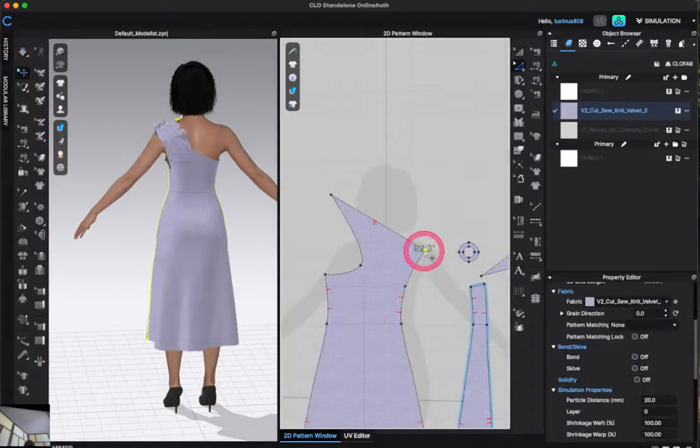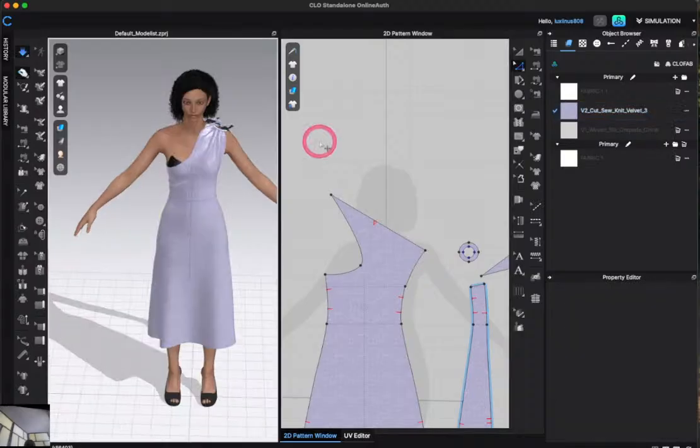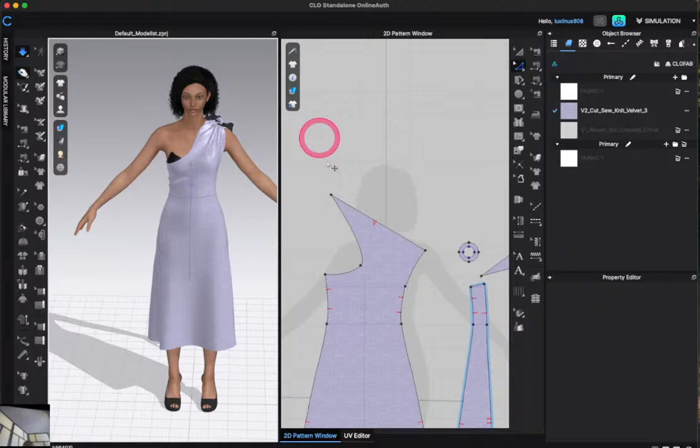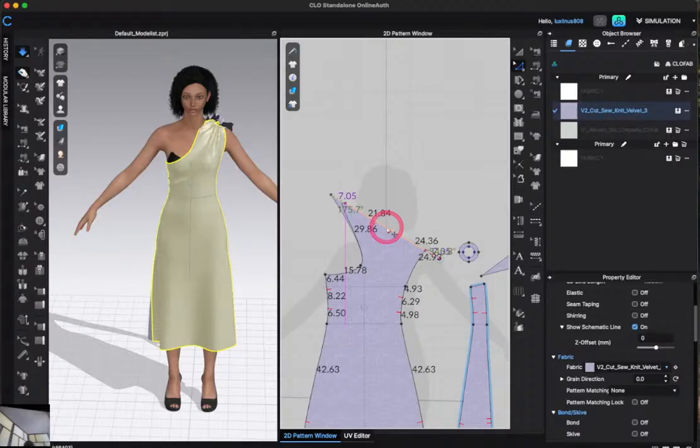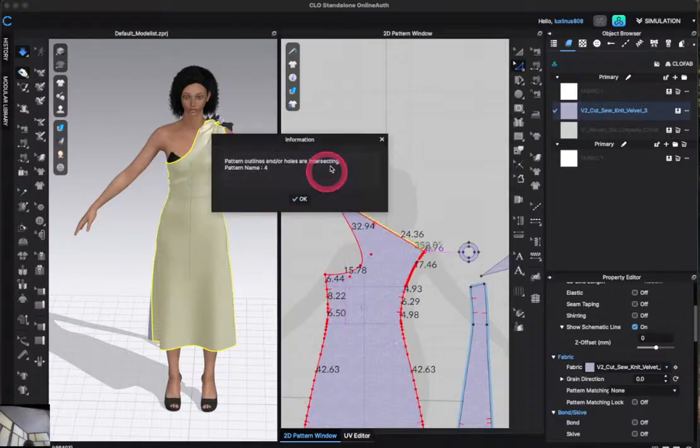All the way to the end. Okay. Now let's do something that makes sense and flatten this. Now it's starting to be